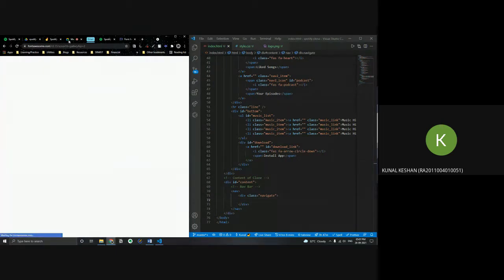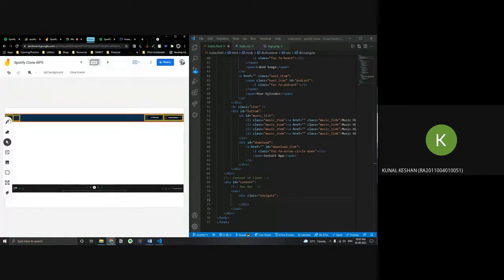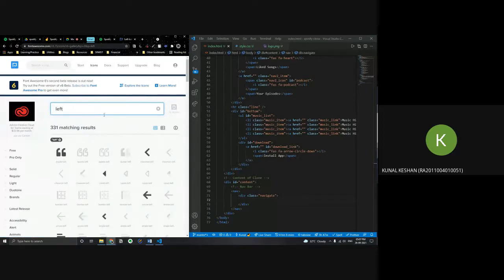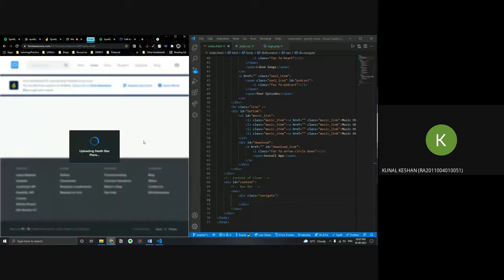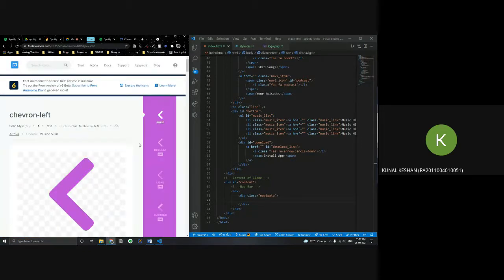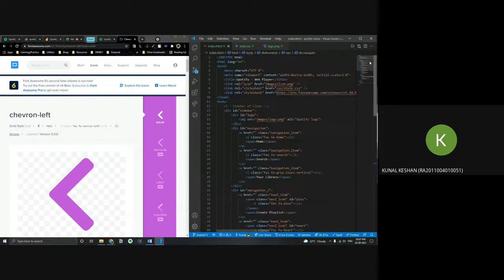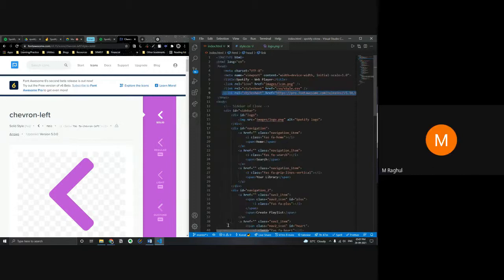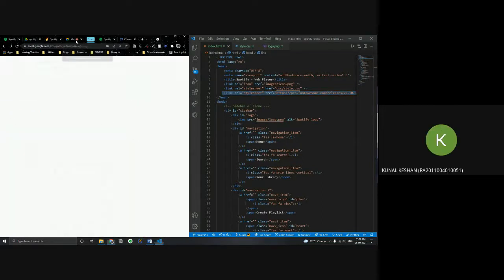Within Font Awesome, you can just search for something like a left and right arrow, right? Maybe search left over here, and right, it's this one. Just click on it. Everybody knows how we got Font Awesome, right? So basically, in your head part, you have to paste this link. Does everybody have this link? Yes, Kunal. Aditya, you mentioned last time not that, right? Yes, sir. Okay, I'll just put it in the chat box.